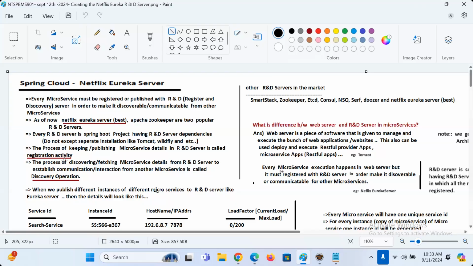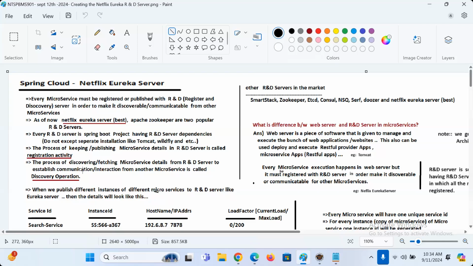Are you getting my point there, guys? Don't expect separate installation like Tomcat, WildFly, etc.